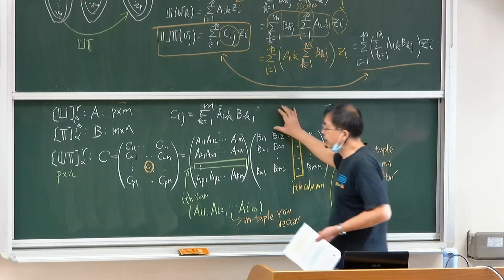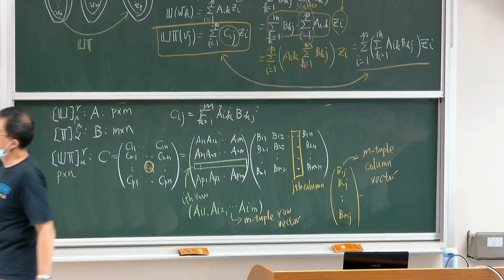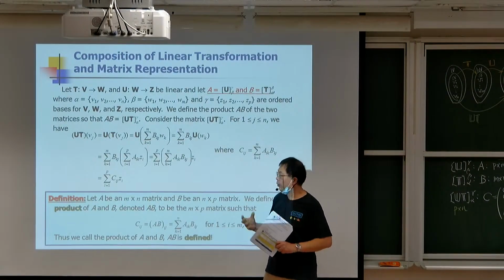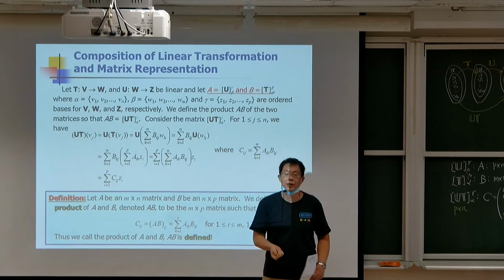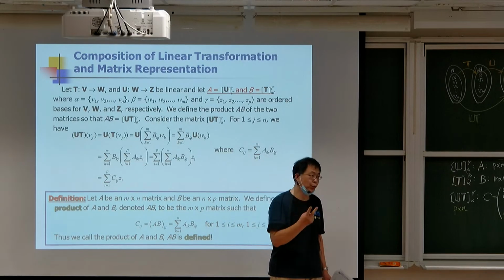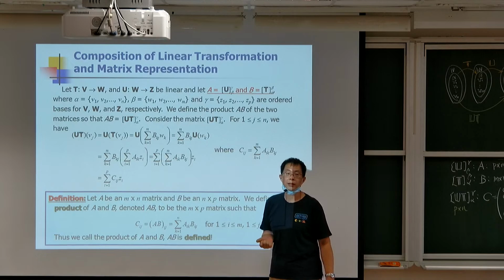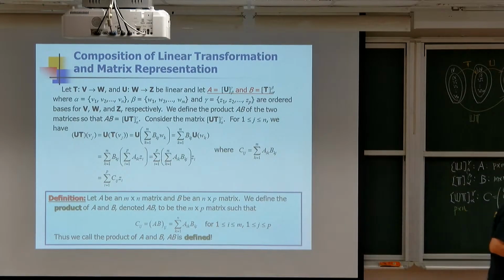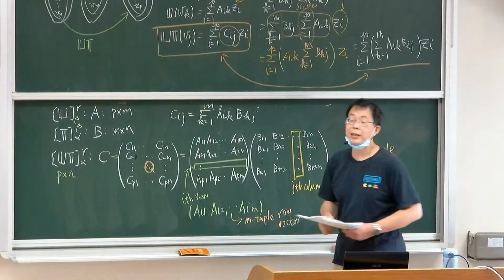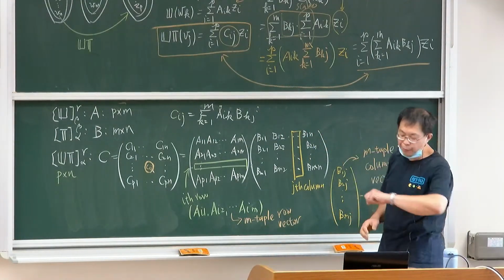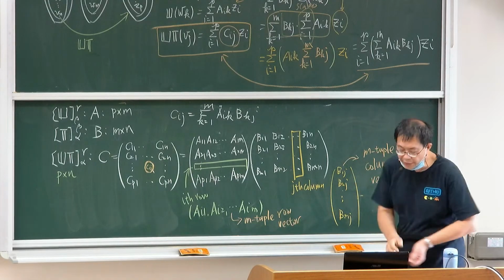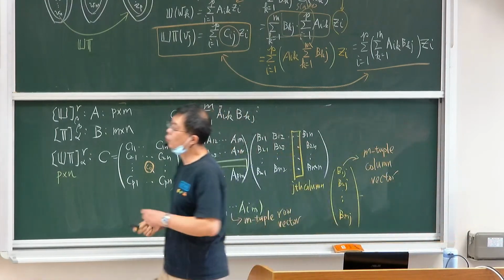So right now, what we are doing here is we are going to calculate the multiplication of two matrices. So this is how we operate the matrix multiplication. Okay, so by using this way, we can calculate